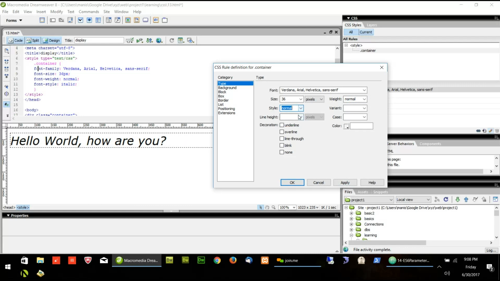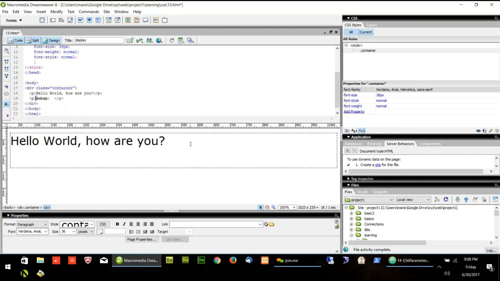Okay, let's check it normal and see it's normal. Let's press enter for another line. This is CSS class.